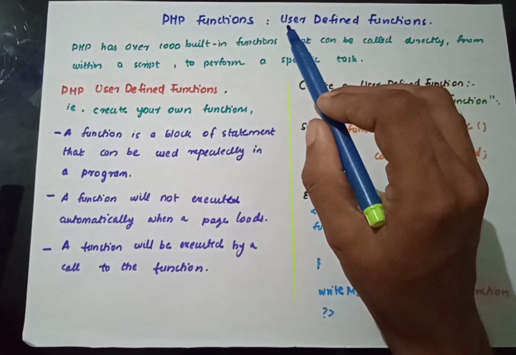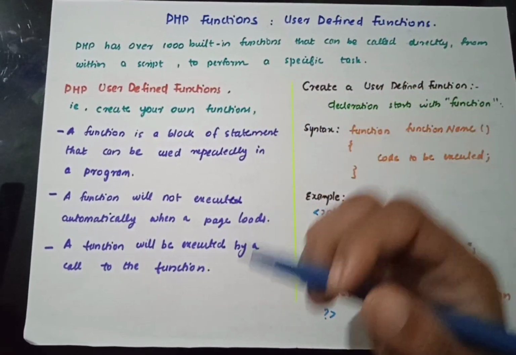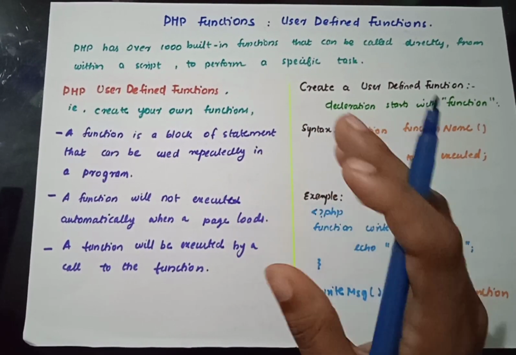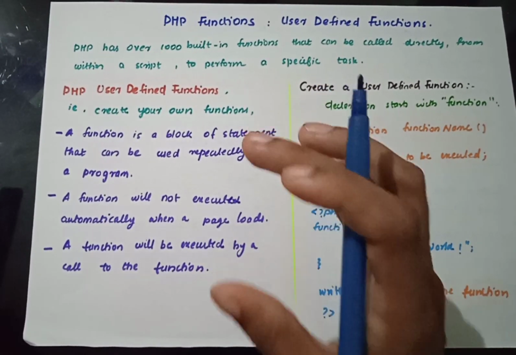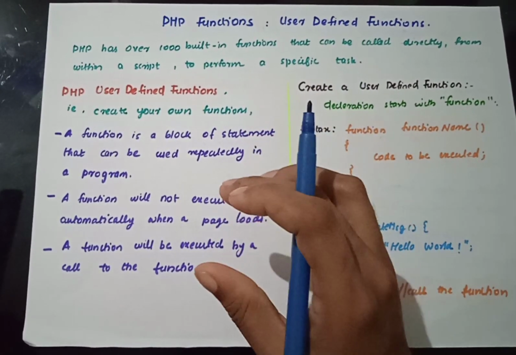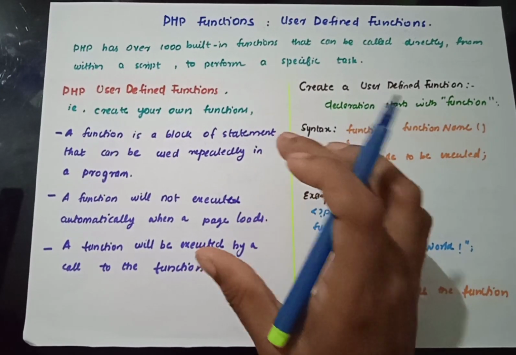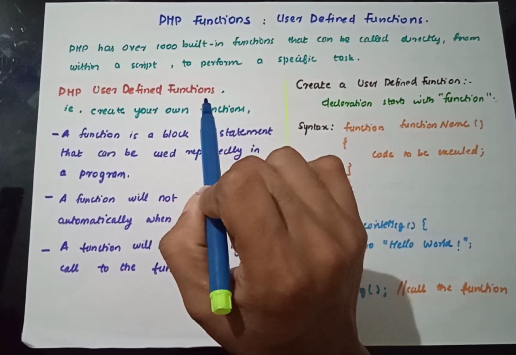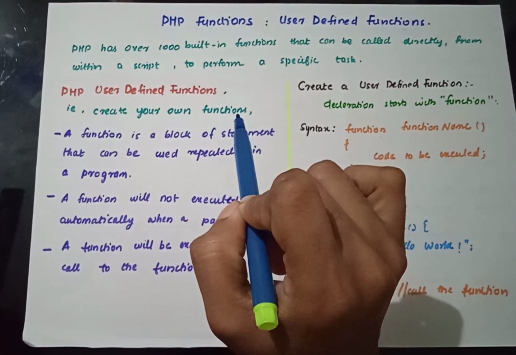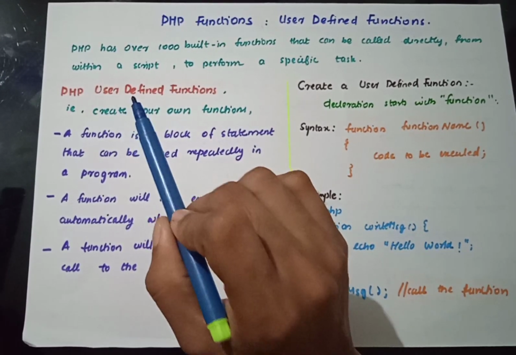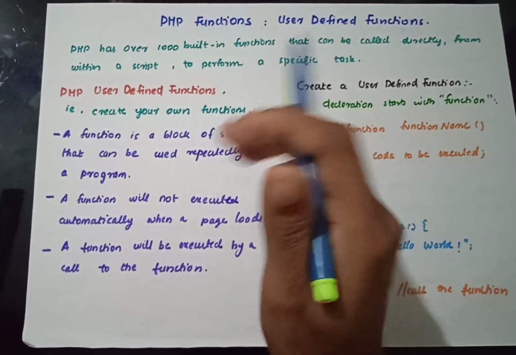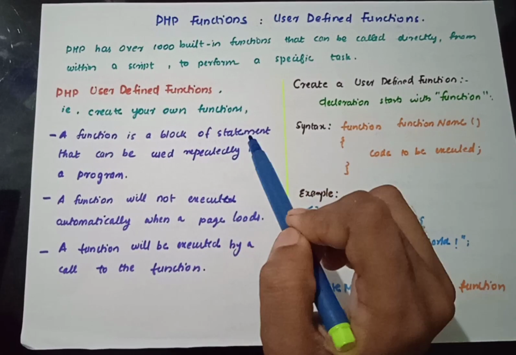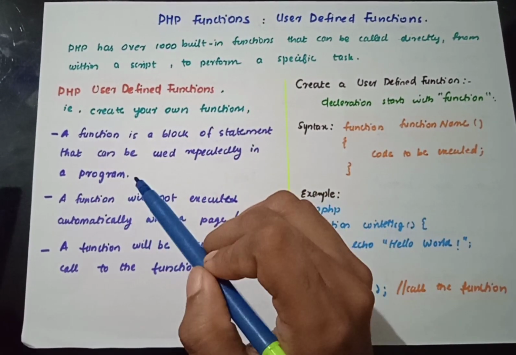So we are mainly focusing on user defined functions. Why? Because in our daily programming we will have many problems coming together. So for that we give each problem to a different module, and that module can be called a function, for executing a single set of things together. Okay, so PHP user defined functions are normally used to create your own functions. The user is actually us, so we can define our own functions according to our scenarios, programs or problems. Okay, so a function is a block of statements that can be used repeatedly in a program.